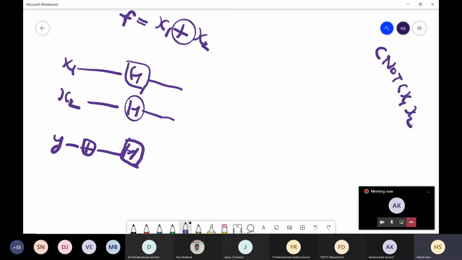If we apply it to x1, x2, what do we get? This x1 is the first qubit, the control, and x2 is the target. So x1 will remain the same, and x2 will become x1 XOR x2.